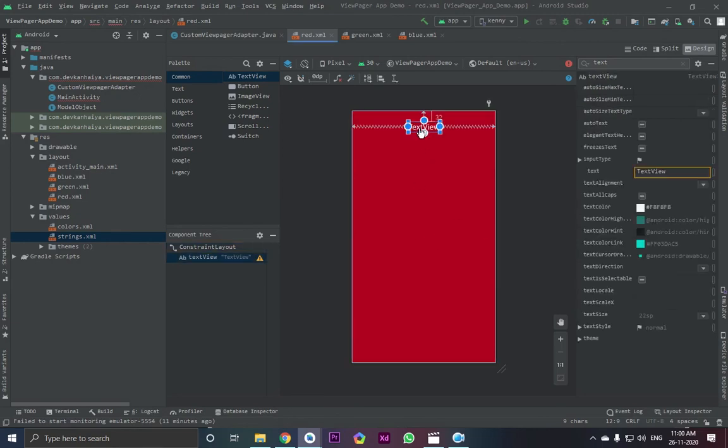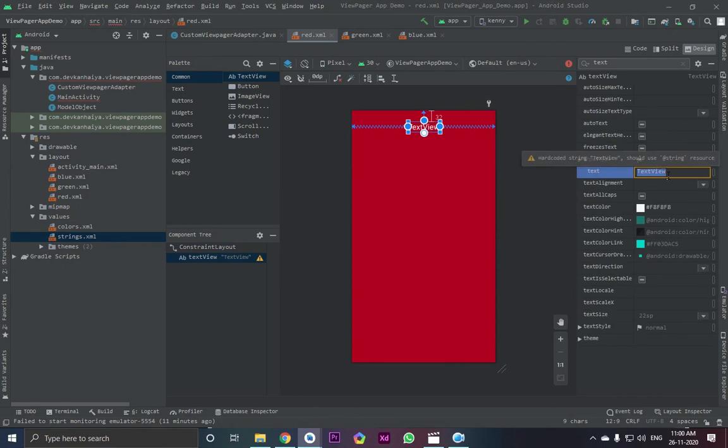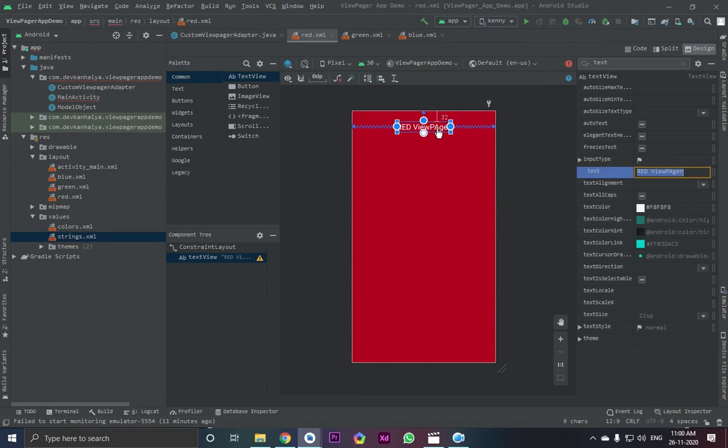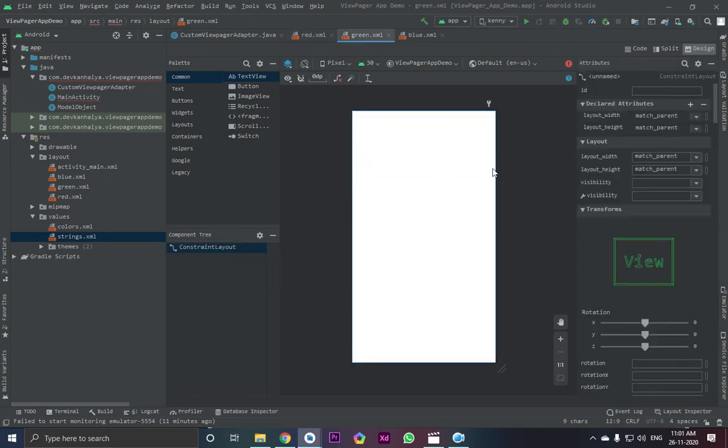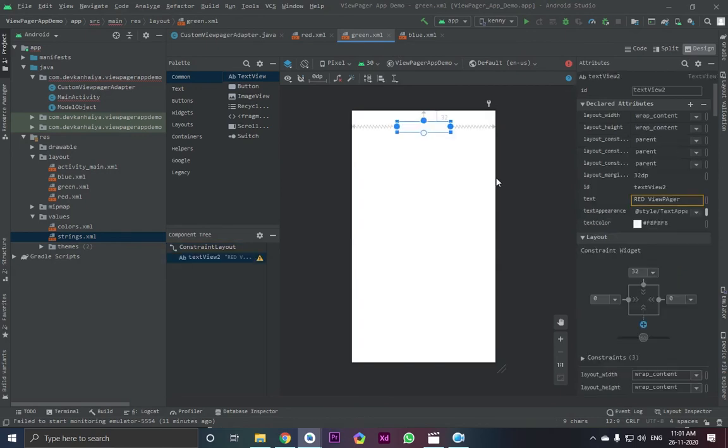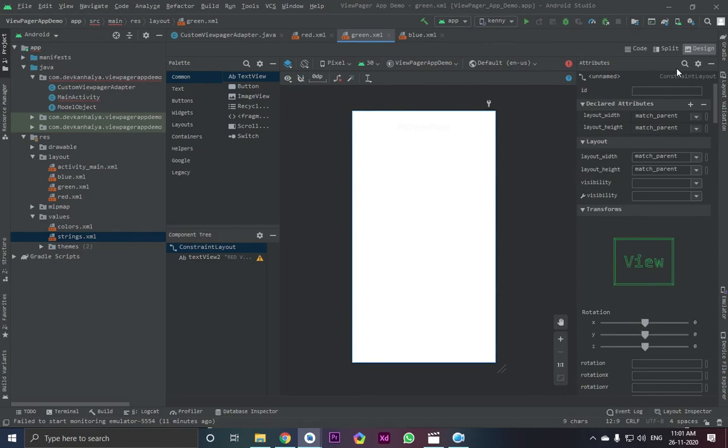Let's click this text and change it to red. View pager. Okay, let's copy this text, Ctrl plus C, and go to the green layout, and Ctrl plus V. Now let's click on this constraint layout and here background.